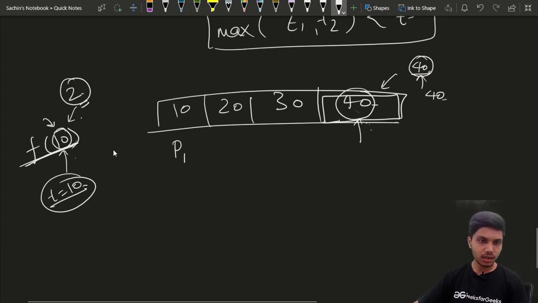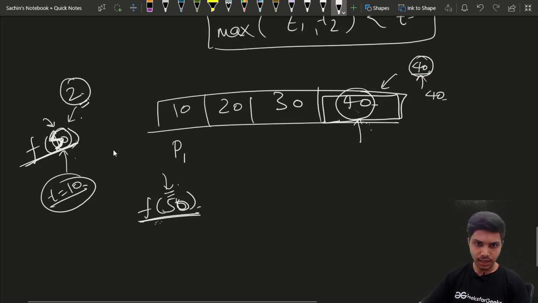So we can pass something greater than 40, say 50, to this function. Now this function will check whether there is any way to assign boards such that the time needed to paint the whole house is less than or equal to 50. It will greedily assign boards to the painters. So how will it assign?